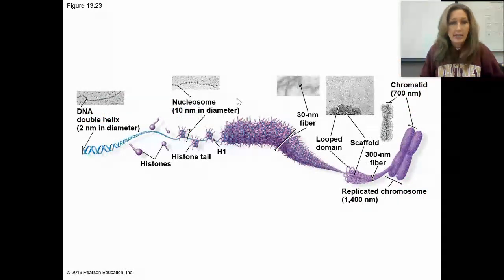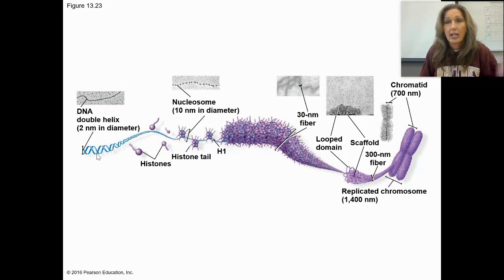Now, the last thing we need to talk about before I do another segment on genetic engineering is the packaging of chromosomes. When we talk about DNA, what I need you to understand is that it's our double helix, and it's just a nucleic acid. That's all it is. But in order to get to highly condensed DNA,